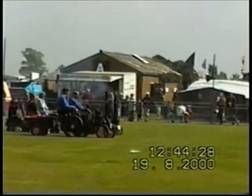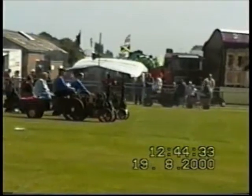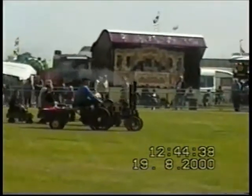Volkswagen Polo, red in colour. It's on B block toilet. Sorry, D block toilet. Registration